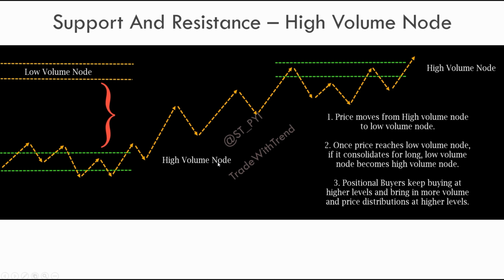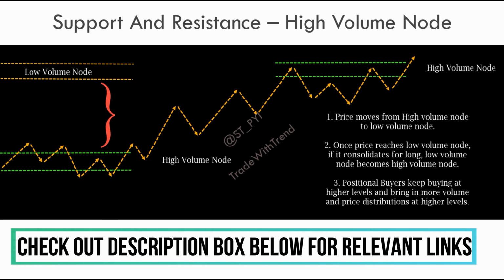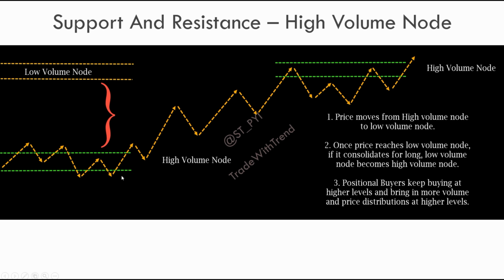Now this is a market profile concept, that of volume nodes. I have done about 10 videos on market profile. That's a complete course. In case you're interested, you can go through it. But I'll just sum up what high volume node means. In this particular chart, I've marked out two regions, one in the green line and one in the orange line. Now this is the low volume node where very little volume activity happens. And this is the high volume node where you're seeing prices fluctuating a lot and then it moves up, right? So I'll just explain how price actually moves.